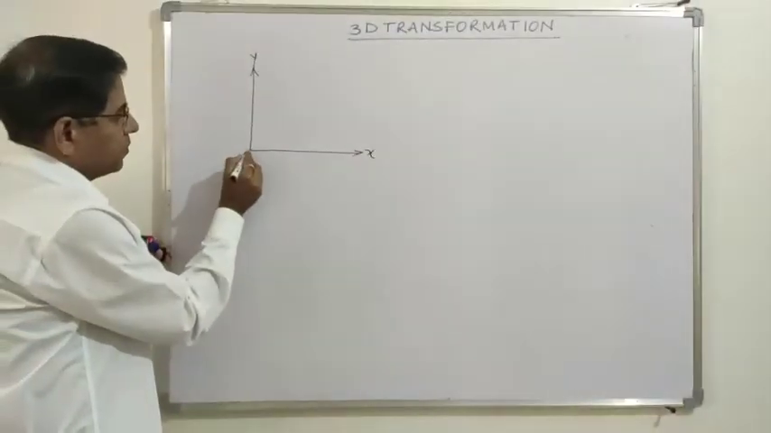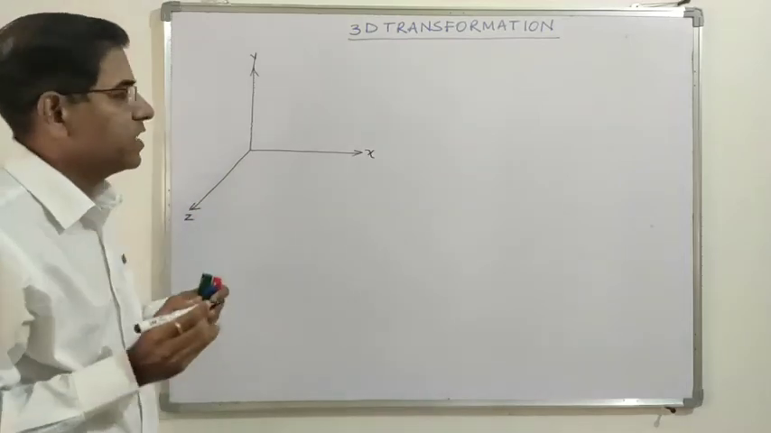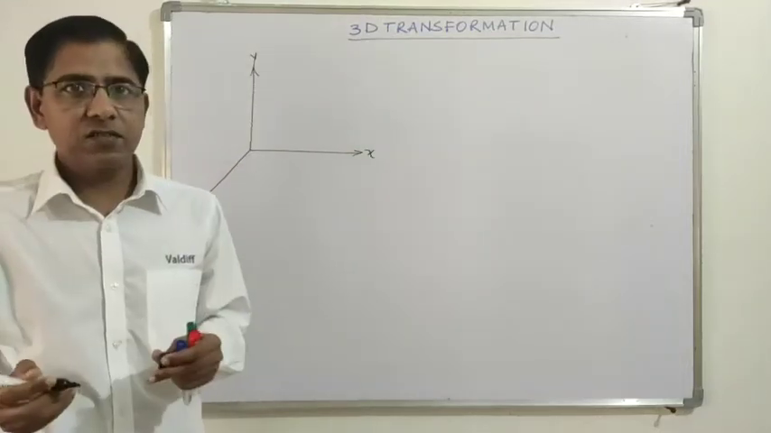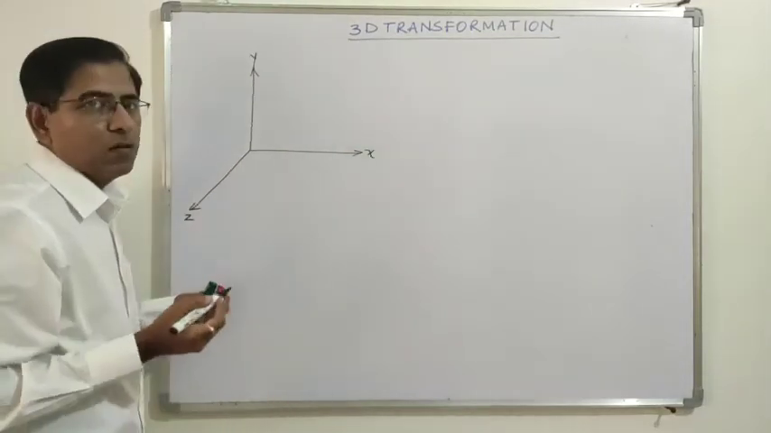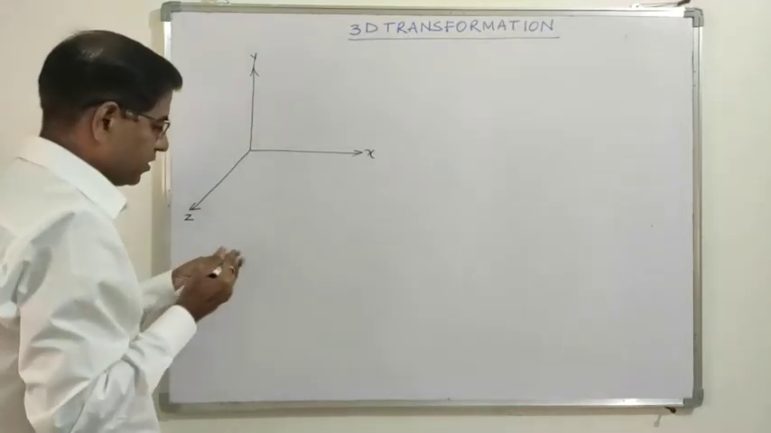Okay. So this is a z-axis. So x-axis, y-axis, and z-axis. Okay. And we were dealing with three-dimensional objects